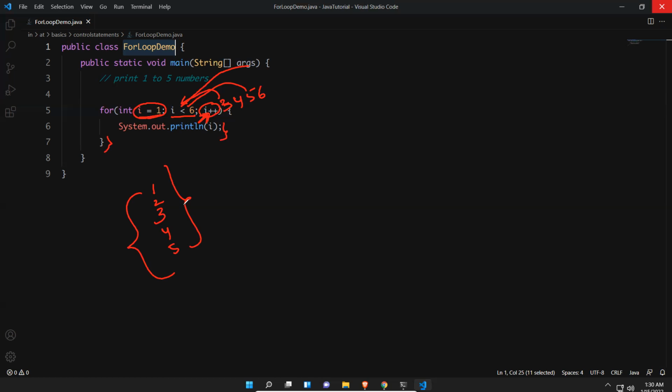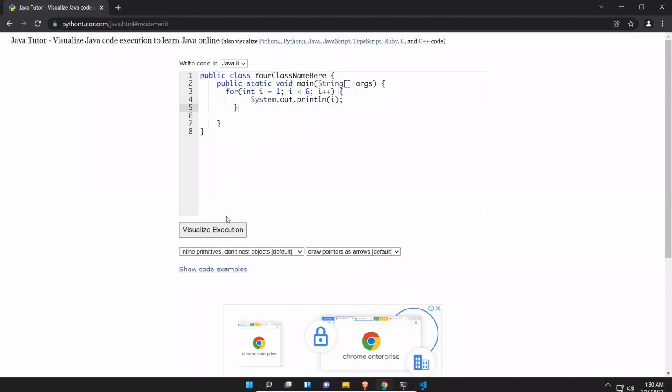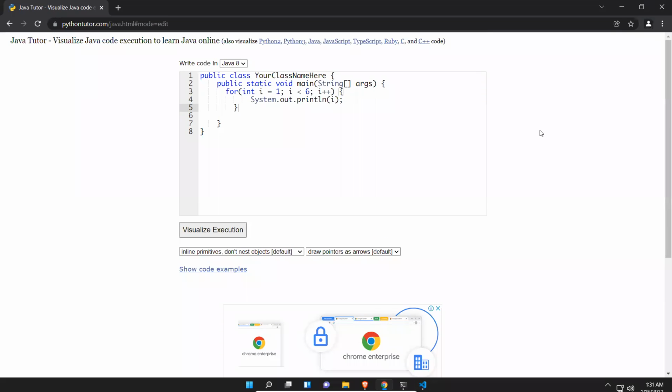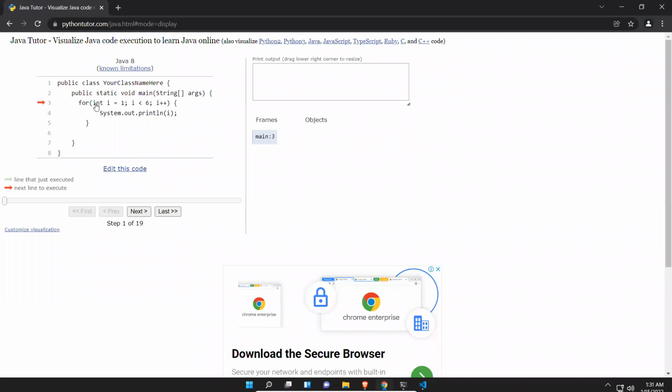Again, we'll go to the online execution and see the same example, how it happens. I printed the same thing in the visual execution. Now the cursor is at the for loop.